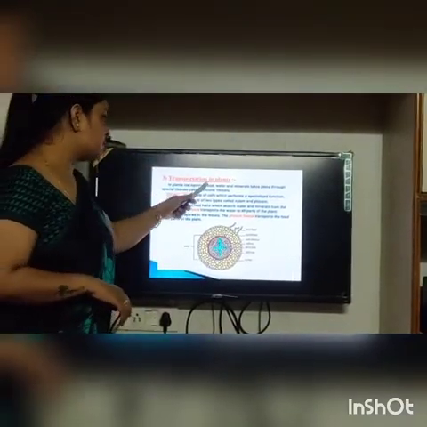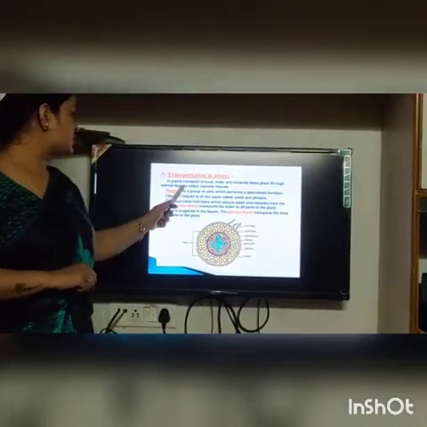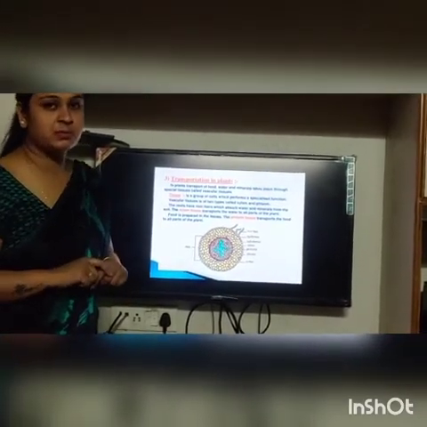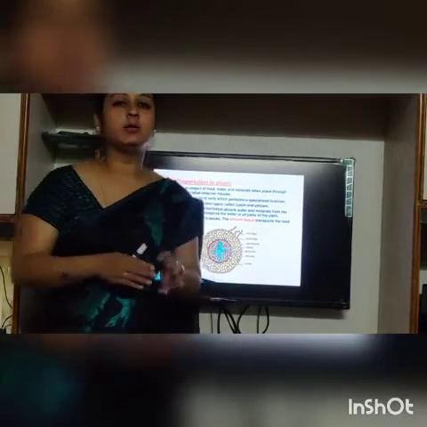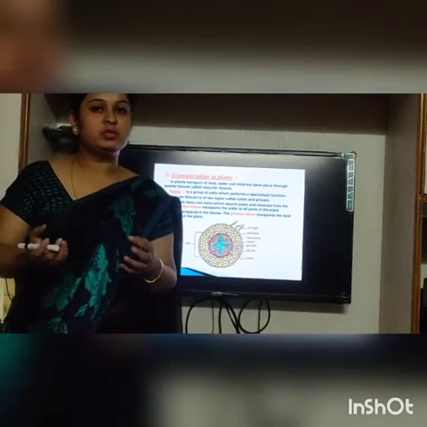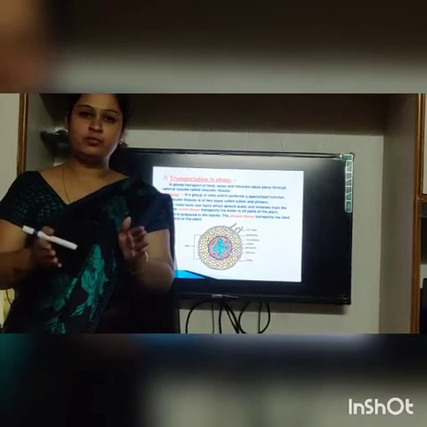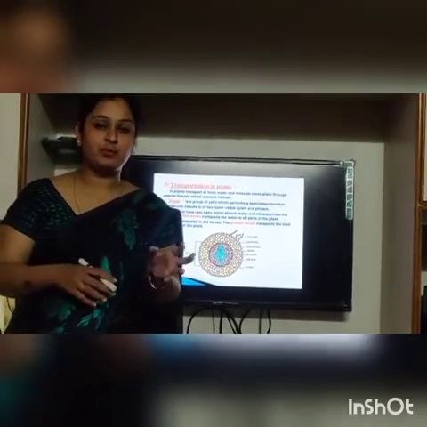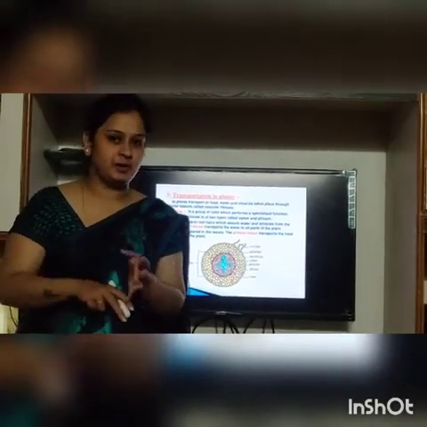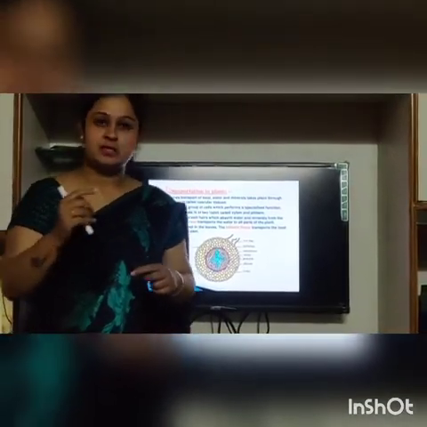In plants, transport of food, water and mineral takes place through special tissues called vascular tissues. So we have two types of vascular tissues in the plant. One is xylem and the other one is phloem. What the xylem does is it absorbs all the nutrients from the soil and transports them to the leaves. And all of you know that leaves prepare the food by the process of photosynthesis. So the food which is prepared in the leaves is transported to the whole parts of the body through phloem. So let's discuss this.